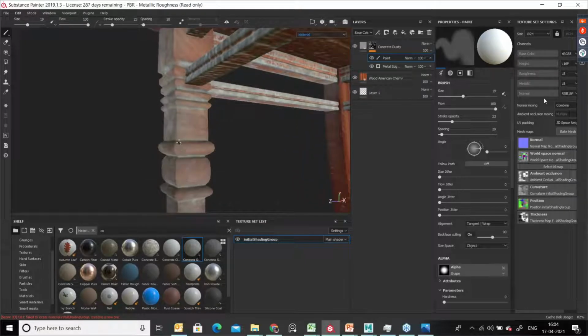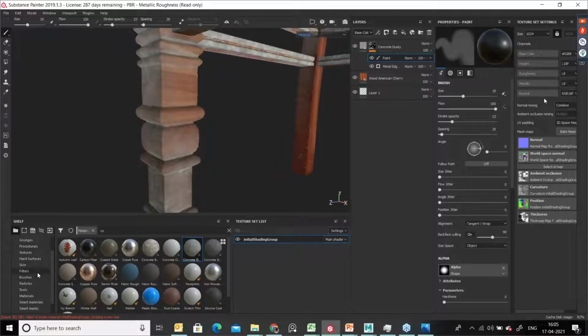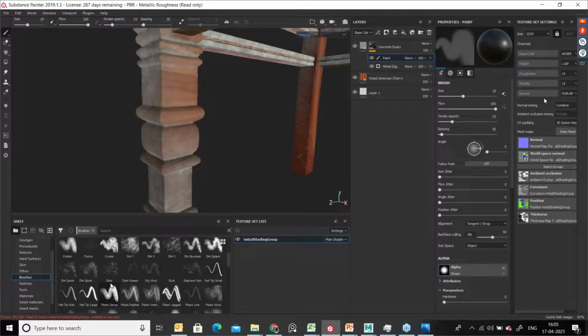Okay. And suppose you want to remove this dirt map over here, press X and it will remove. And when you are going with this kind of plain brush, it won't create a nice look. So what we have to do, we have to go with some dirt brushes. So to do that, you can go to brush, and here we have a variety of brushes.